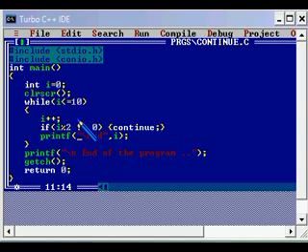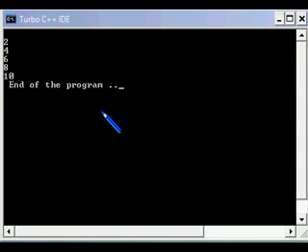So this time we are supposed to get the even numbers printed, 2, 4 and all. 0 won't be there because it's already incremented here. So 2, 4 and all will be printed till 10 because we have the condition 10 here. Let us run the program and see. Yeah, 2, 4, 6, 8, 10 and the end of the program.